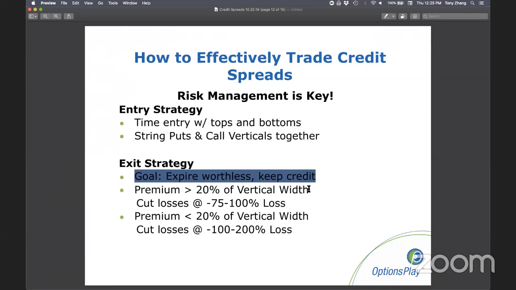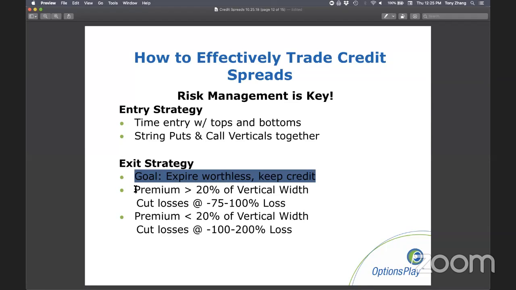However, we do find that there are some times where you want to exit a trade at a loss because you have this negative risk to reward ratio on a credit spread. If a trade starts to go against you, you may want to cut your losses so that you don't risk all of that, $7 out of a $10 wide credit spread. You want to make sure that you have some way of potentially stemming that loss at some point.